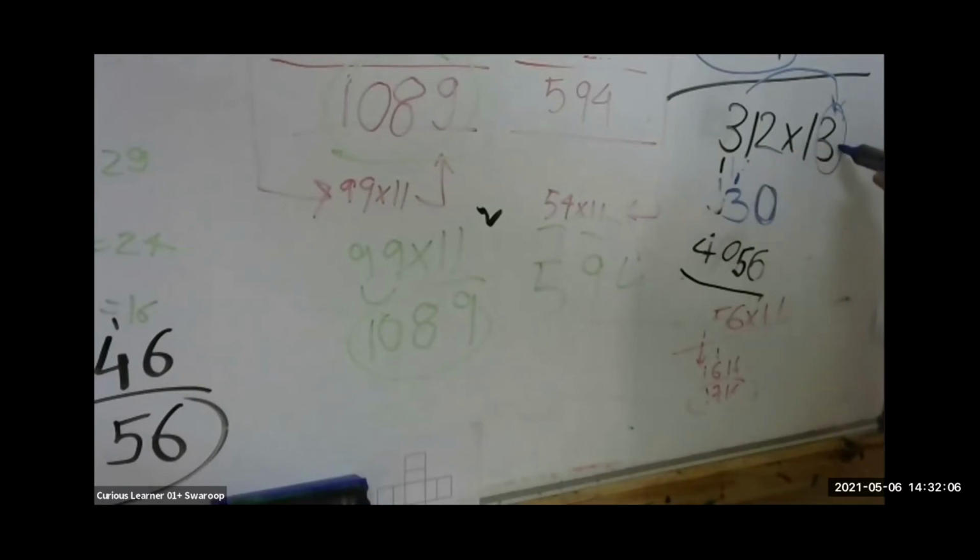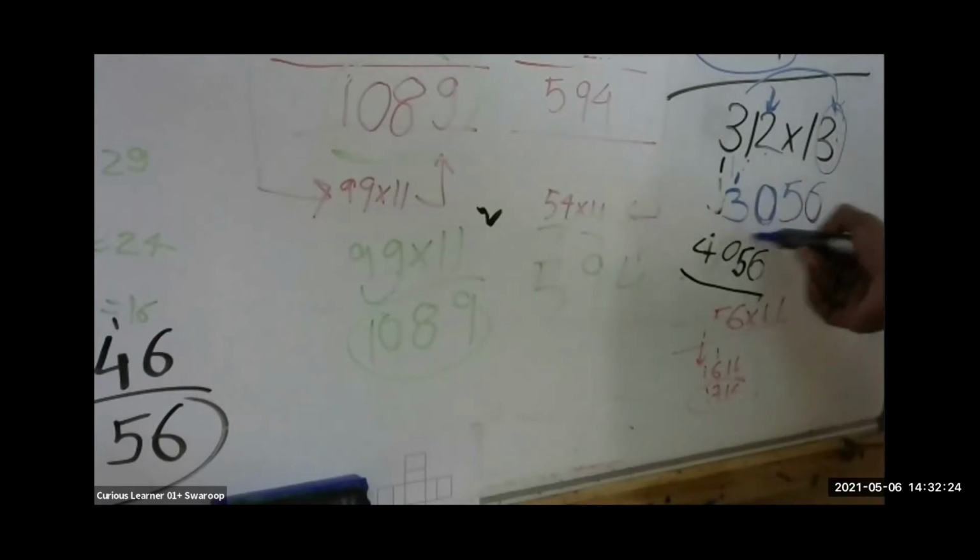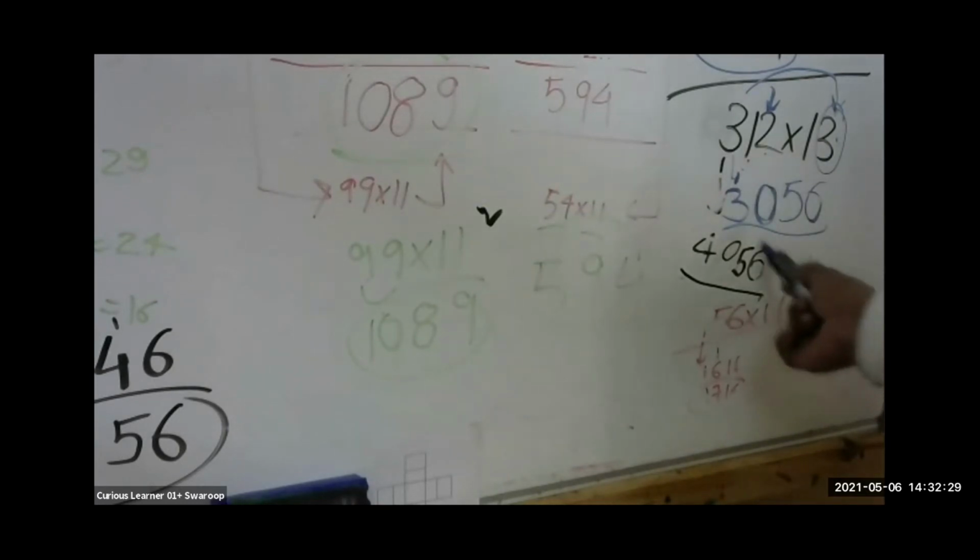Now same thing we do with 1. 1 we multiply with 3 and add to next number. 1 multiply 3 is 3 and add to next number is 5. So we write 5. Simple. And 2 you multiply with 3, add nothing. 6. But you see 3056. But you remember this 1 was there. Carry forward. So answer is 4056. You do 5 sums like this and you will be calculating 3 digits multiplied by 13, 14, 15, 16, just like this.